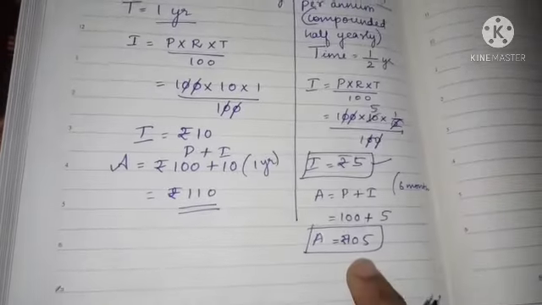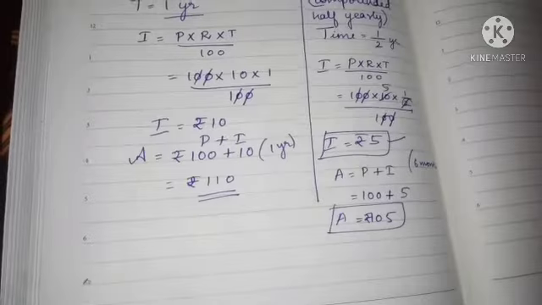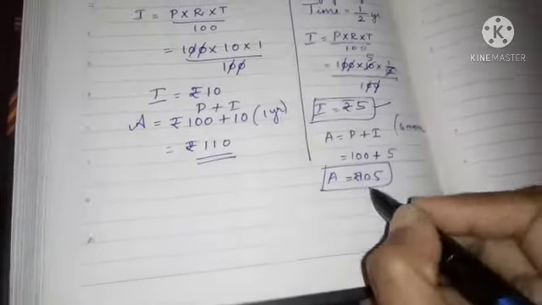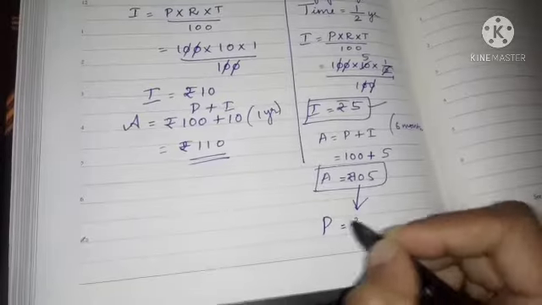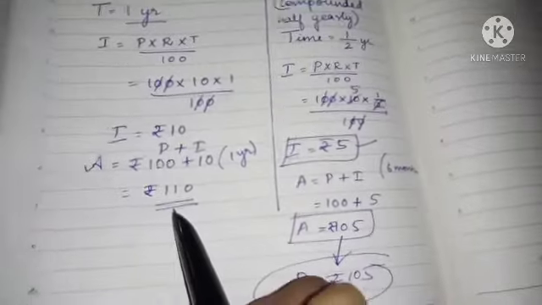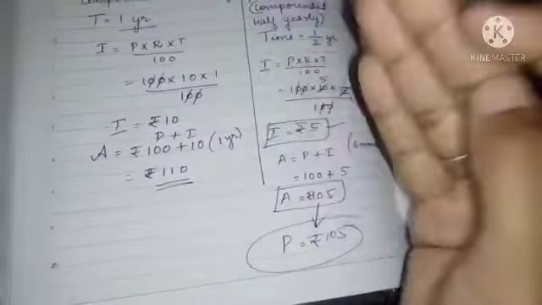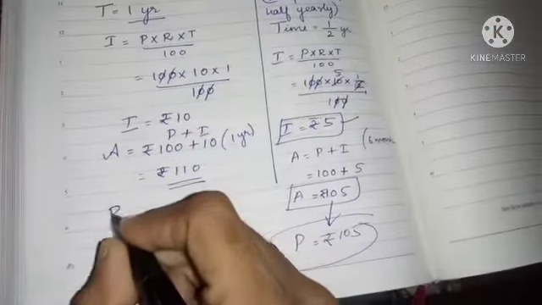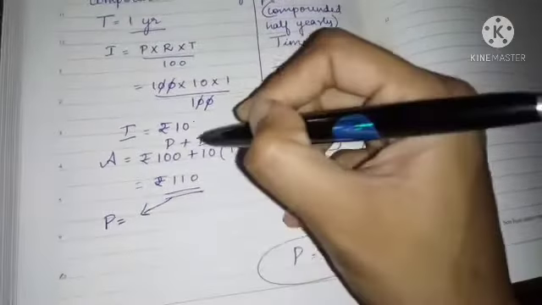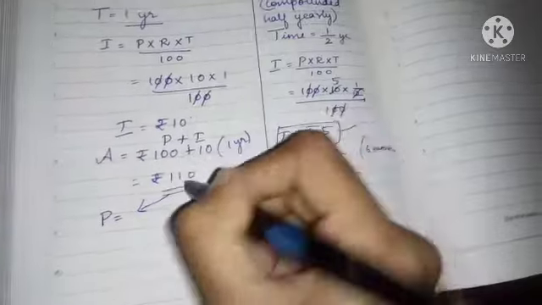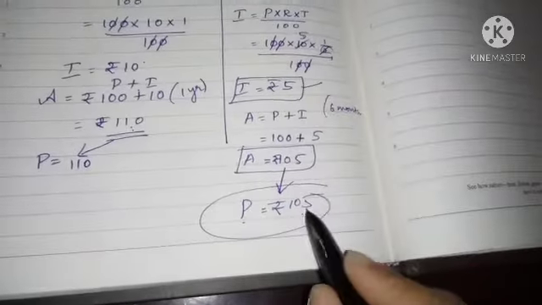Sometimes within the 6 months you are not able to pay. So what will you do? You will go to the next 6 months and ask for some chance to pay it. At that time, what will be your principal in compounding? This amount is your principal. Did you understand? See children, within 1 year if you pay, this 110 rupees will be paid to that particular person. Sometimes if you are not able to pay within this 1 year, you will extend to the next year. So what will be the next year's principal? Along with this interest and this principal amount, this amount will be the next year's principal. So here the principal for the next 6 months is 105 rupees.